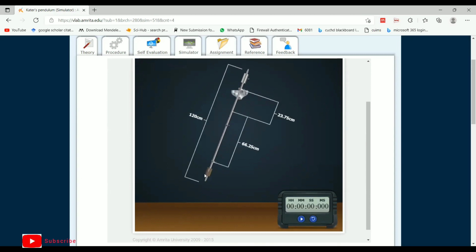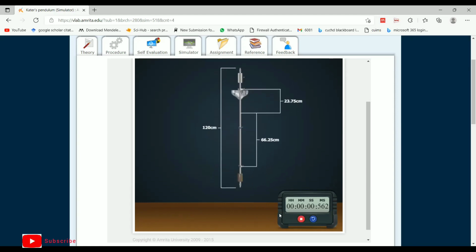Now how can we note it down? We move it to the extreme left, and we start the time period from the extreme left. When cycle 1 is complete, the rod comes to the extreme left end again. So here I'm just moving this suspension. Note down the time period: 1,